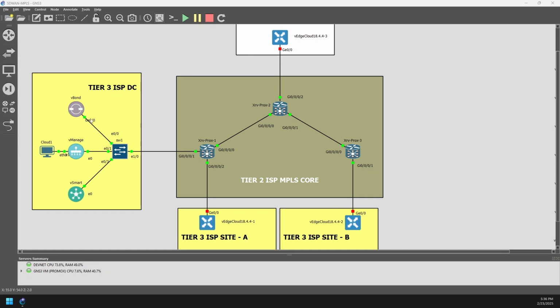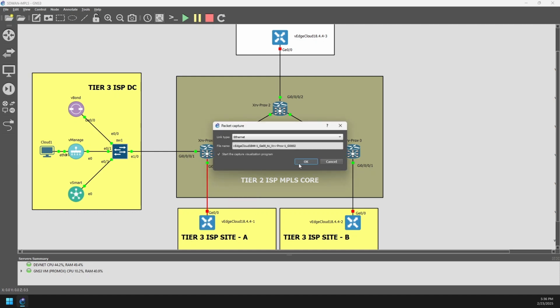As you can see, I have booted my SD-WAN controllers. They are all up, as well as my MPLS core, as you can see over here. What I'm going to do next is power on one of these vEdges, let's say for site A for the tier 3 ISP. Then we're going to capture packets on the wire as they flow in and out